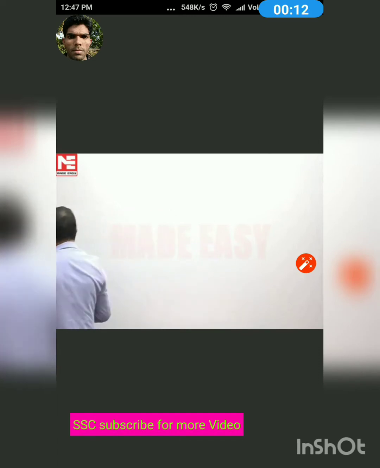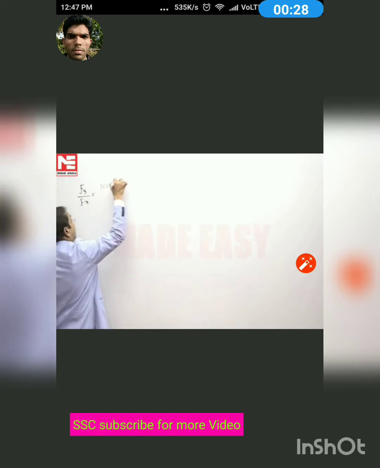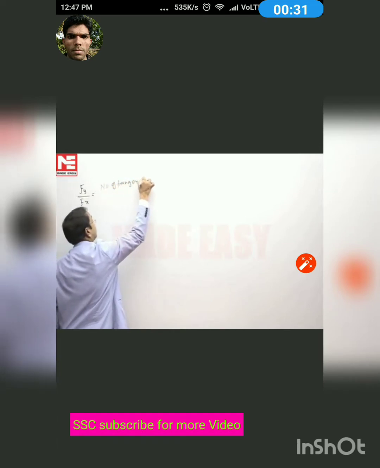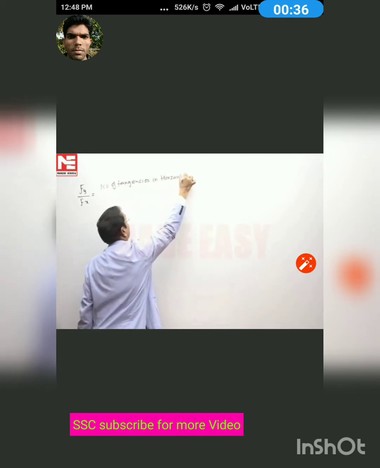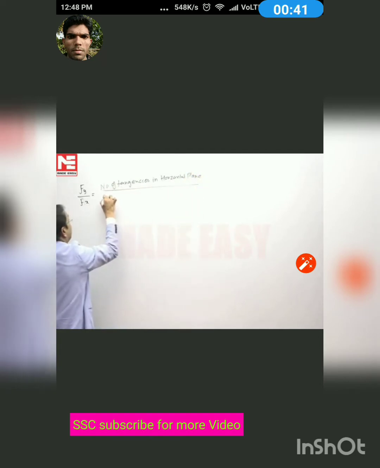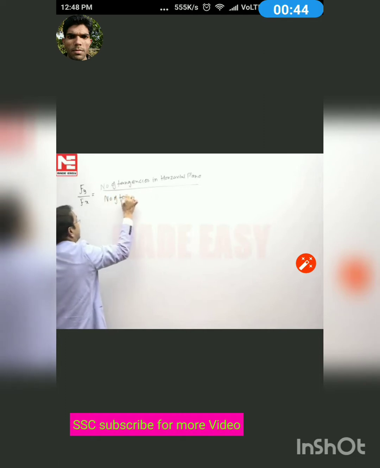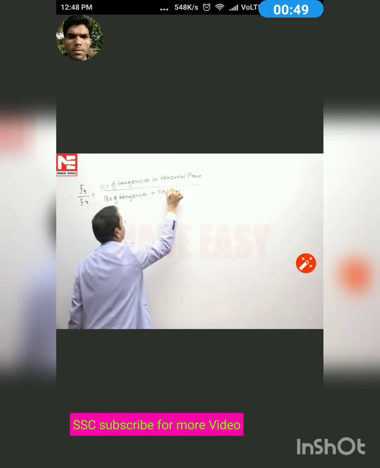Now, we know for a closed pattern, the ratio between the frequency of the signal applied to the Y plates divided by the frequency of the signal applied to the X plates is equal to the number of tangencies in the horizontal plane divided by the number of tangencies in the vertical plane,